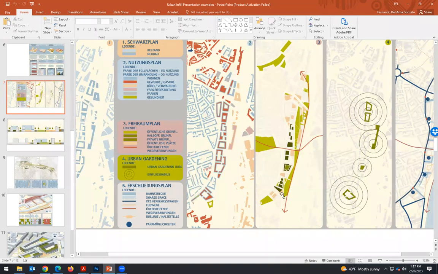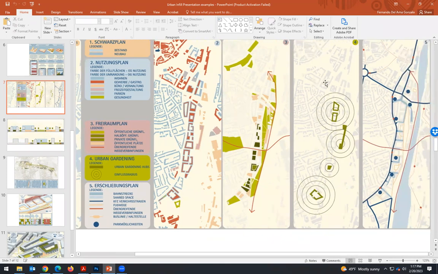Here we have the use of the public space, and we're not going to do anything with this. This is urban gardening. Okay, so we understand what this is, but these are urban gardening hubs. Okay, I don't know what that means, but this is like